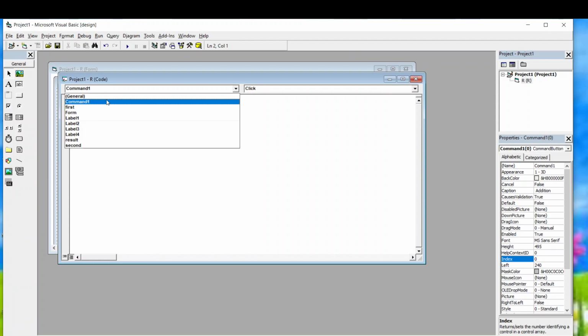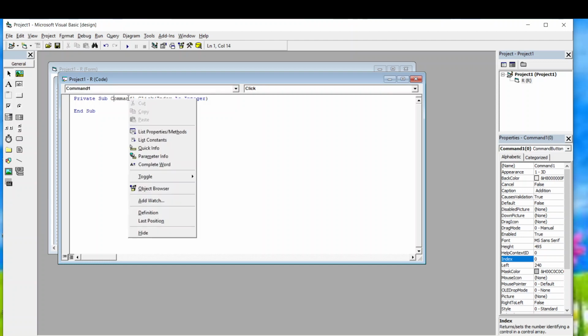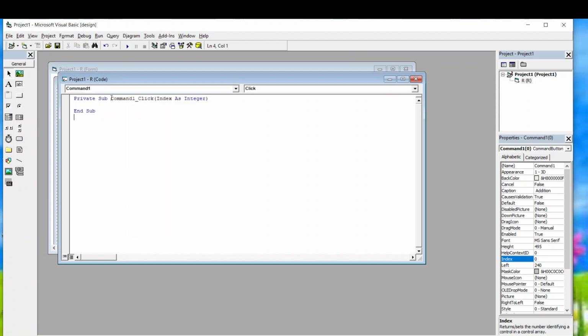So here you can understand that for a control array there will be only one name but different tasks with a single event. With the help of a single name and single event, we are performing different tasks with the help of this index.